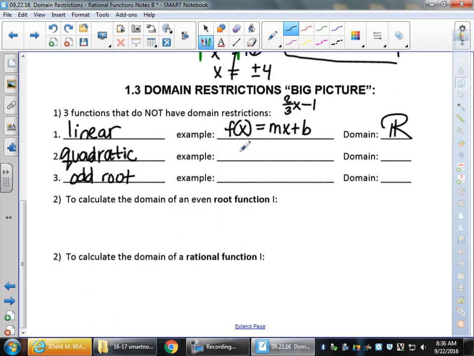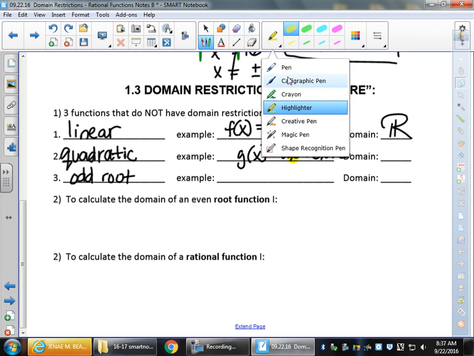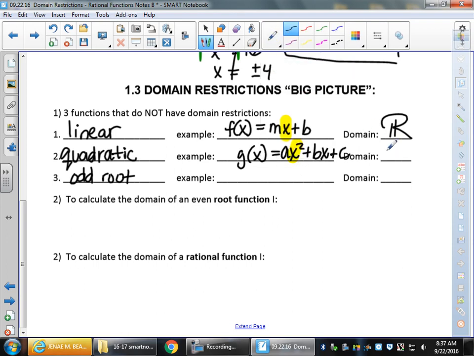How about a quadratic? G of x equals? Good, that's our general formula. So here, anything that has the highest power of what? Let me highlight this. The highest power here is x to the first. Anything with the highest power of 2 is a quadratic. What's the domain? All real numbers again. And then an odd root,